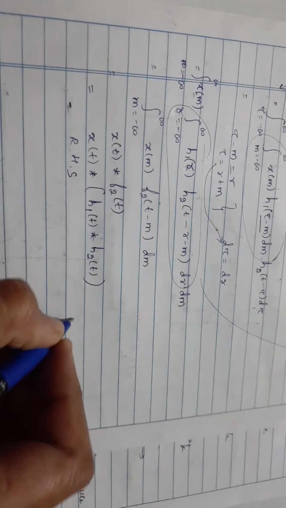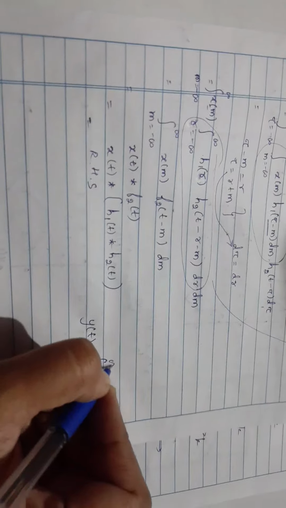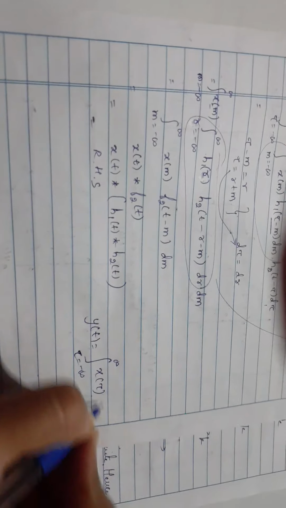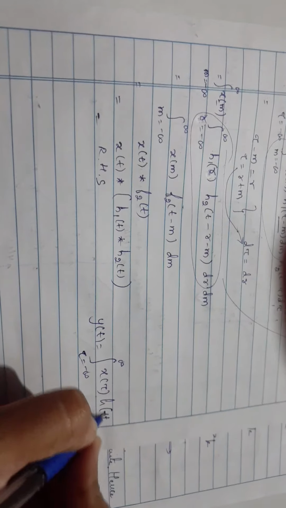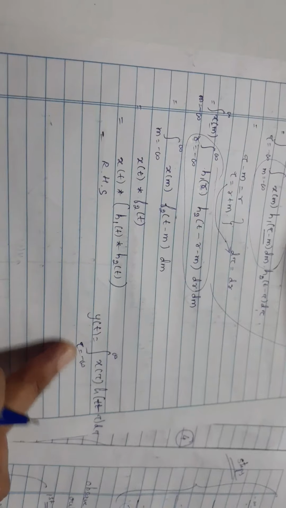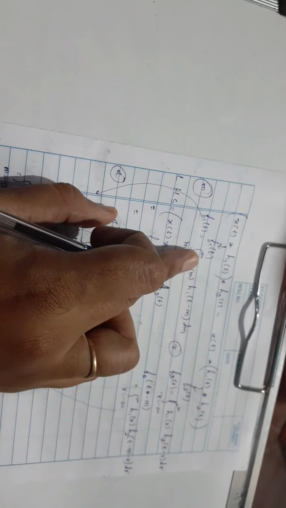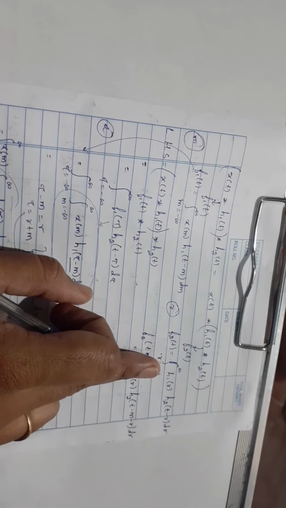The actual integral formula is: y of t is equal to the integration over tau from minus to plus infinity of x of tau h of t minus tau d tau. This is actually our formula where tau is the variable. We can use any variable. So here in f1 of t, m is the variable used. In f2 of t, r is the variable used. So the first step is taking f1 and f2, two brackets, then using the integral formulas, the convolution formulas.